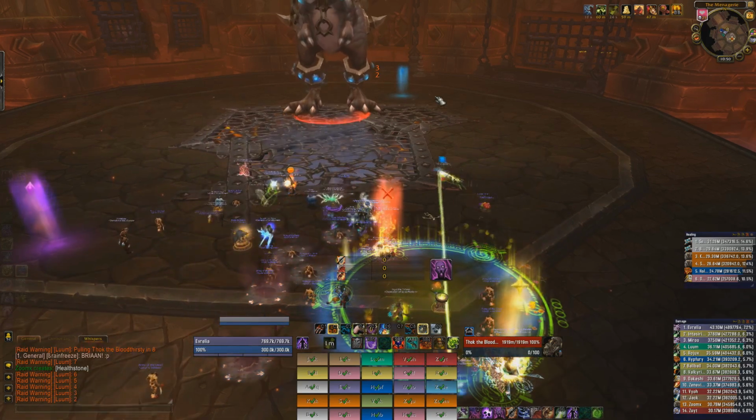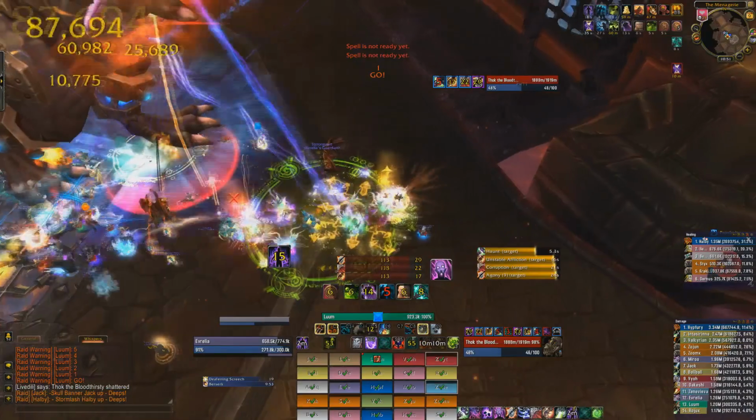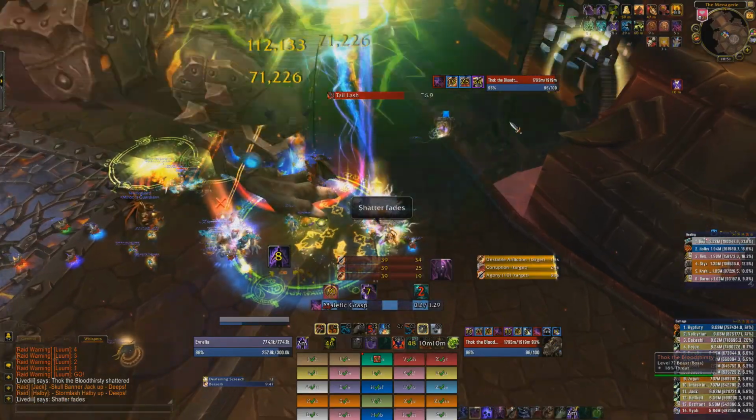For this guide I'll assume you already know how the fight works on normal. If you don't, click at the top to view the normal mode guide. You'll want to use 2 tanks and 7 healers for this fight on 25 man and 2 tanks and 3 healers for 10 man. Other than 1 or 2 minor additional mechanics, the main difference to Thok on Heroic is